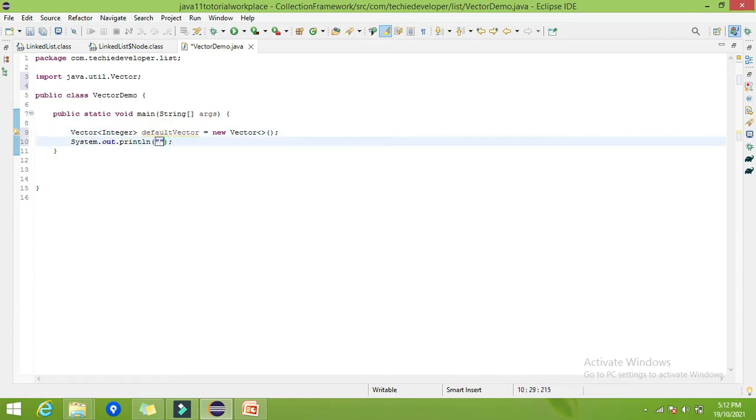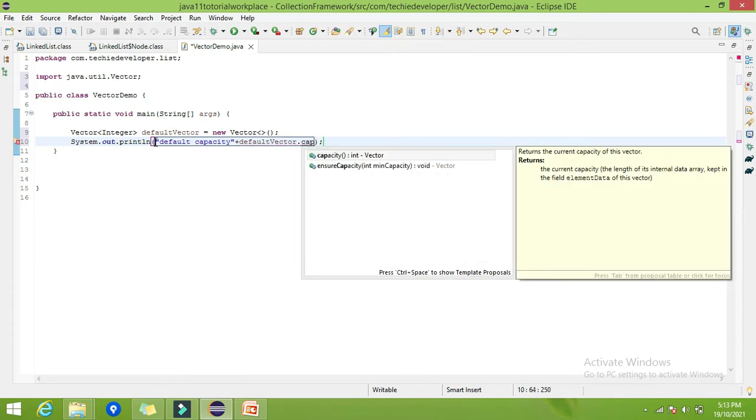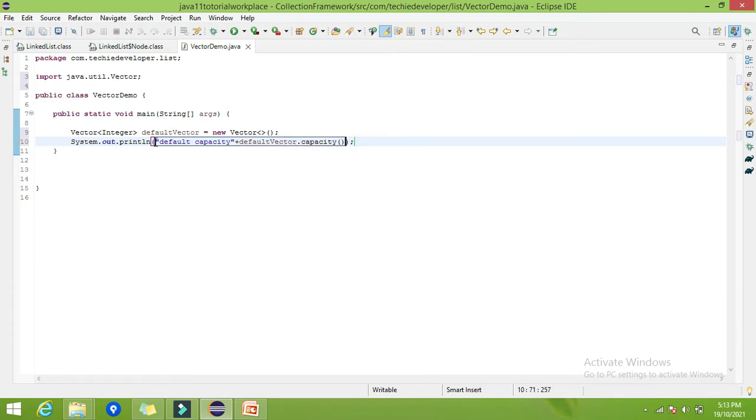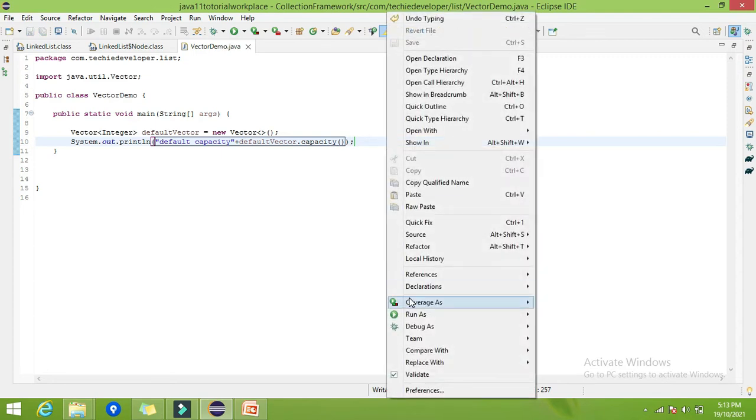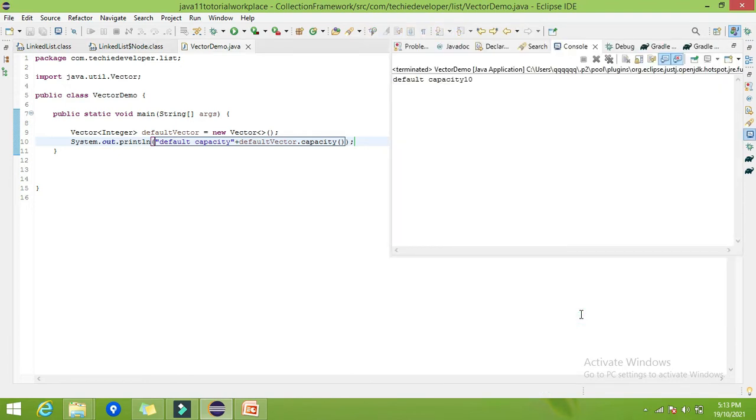Let's give the text as default capacity, default vector dot, we have the method called capacity. Now let's try to run. I have not added any element till now, I have just created the blank vector. So here you can find we have the default capacity as 10.